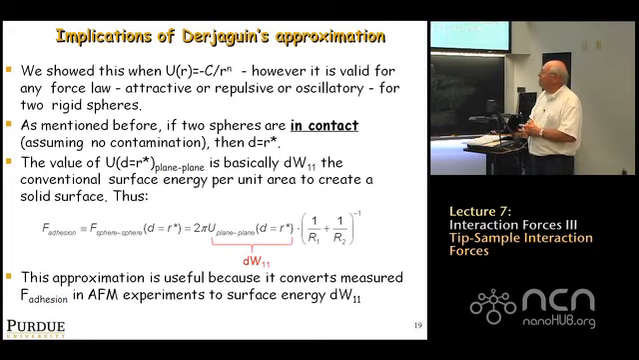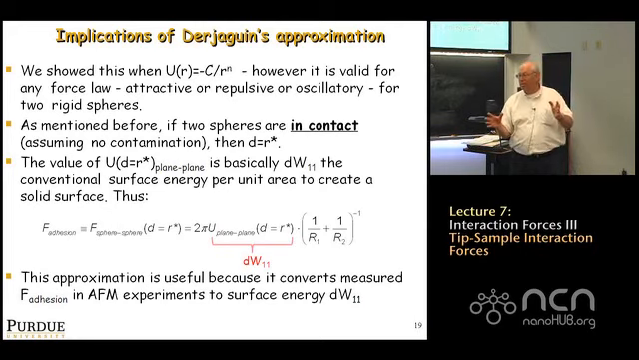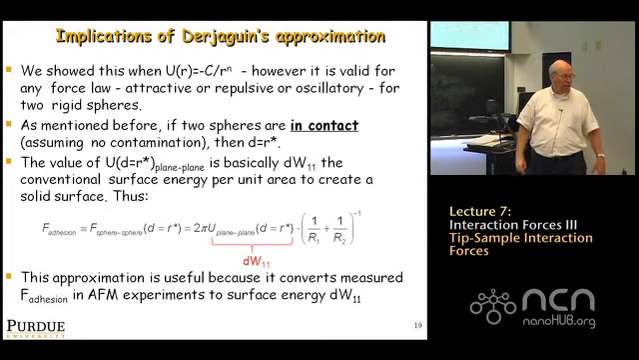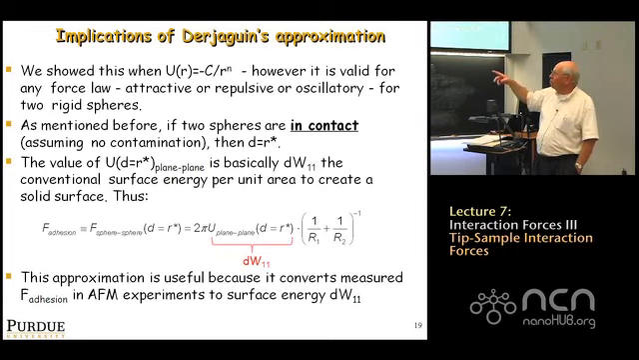So any contamination, anything that separates the two spheres, so let's say you have a water layer or a hydrocarbon coat on your surface that separates the sphere from the plane, then this approximation isn't going to work anymore. So that's one thing that really is difficult. The other thing is that the reason it's interesting is because it allows you to estimate this